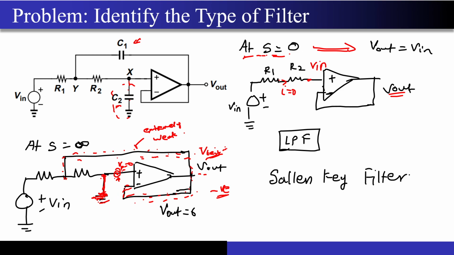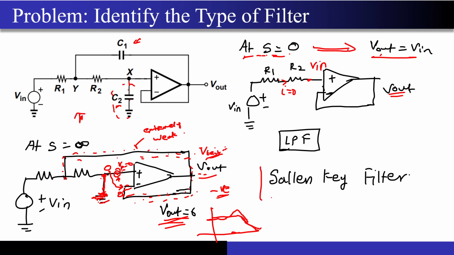So now if I am able to apply the virtual short principle, what is the voltage at Vp? It is 0. So that 0 will be reflected over here and my Vout will be shorted to ground. Correct? So at low frequencies your Vout was Vin, at higher frequencies your Vout is 0. So that means your response would look something like this. Correct? Or if it is a second order circuit, I am not very sure, it may look something like this. Some kind of peaking will also be there. Correct? So now, why did we choose this topology? Why did I take this?